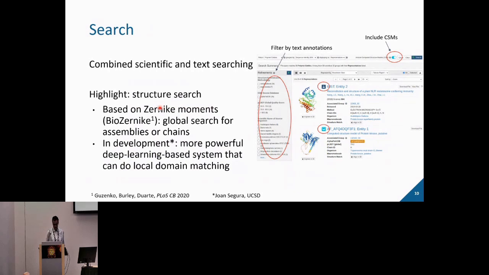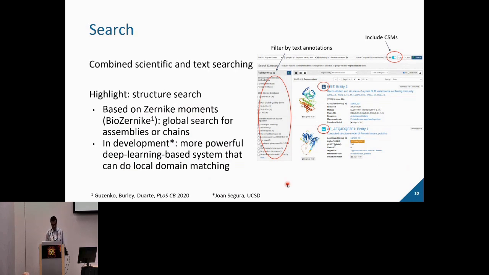And that's based on a method developed in-house, the structure search, called BioZernike, which was done by Dmitry Bosenko, a postdoc at UCSD. And now we are working on a new one. It has some problems on matching, local matching. So it can only do global kind of matching. With what we're developing now, that's Joan Segura at UCSD, it's a deep learning based method that can do local matching as well,